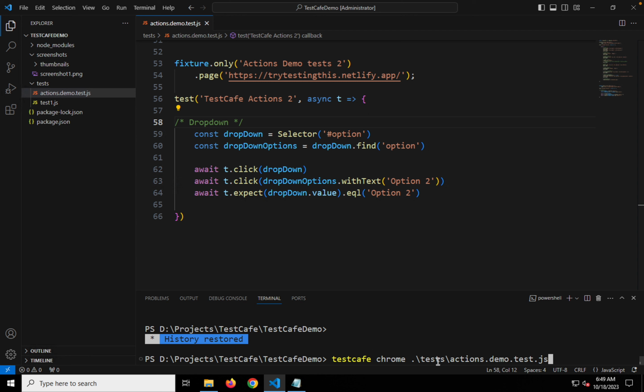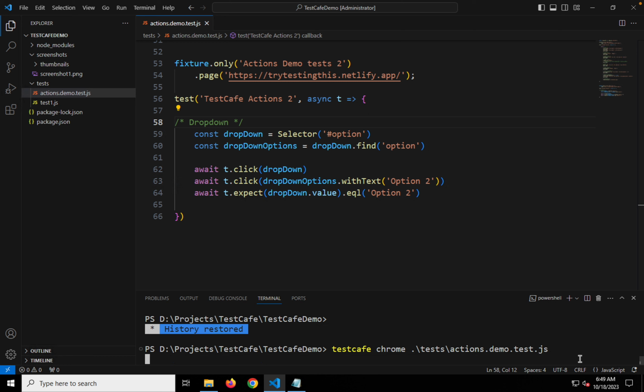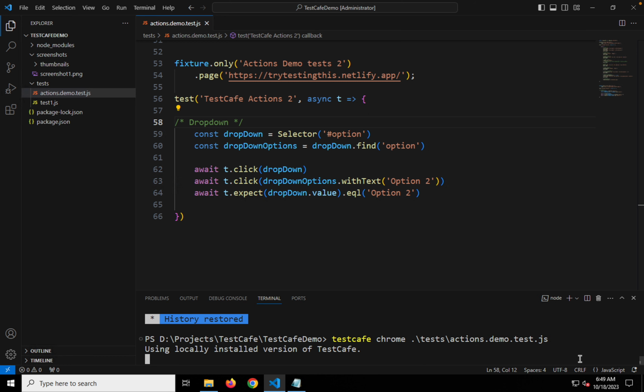This is the one we need, tests, actions, TestCafe Chrome, and this is the file that we want to execute. Let me confirm it is under the tests folder, and this is what we want to execute. So I will hit enter,